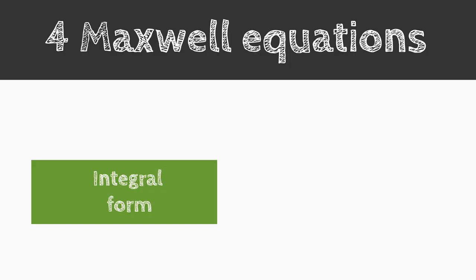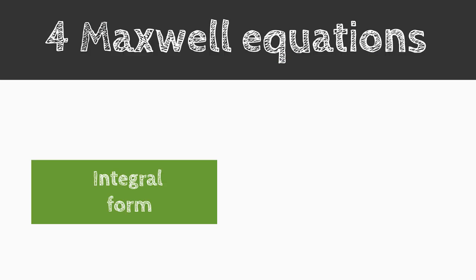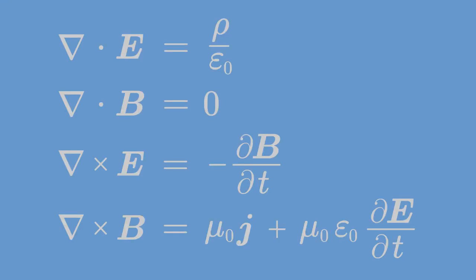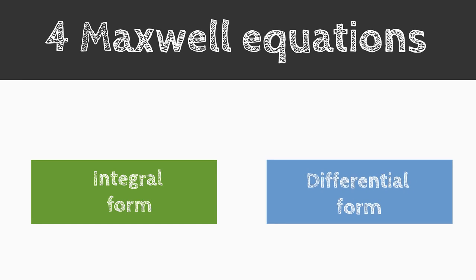There are a total of 4 Maxwell equations. These 4 Maxwell equations can be represented in two different ways. There is the so-called integral form, which expresses the Maxwell equations with integrals, and the differential form, which expresses the Maxwell equations with derivatives. While the differential form of Maxwell's equations is useful for calculating the magnetic and electric fields at a single point in space, the integral form is there to compute the fields over an entire region in